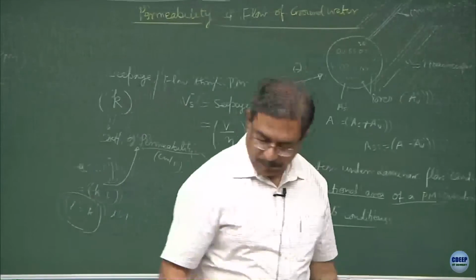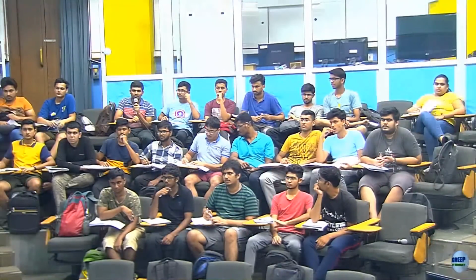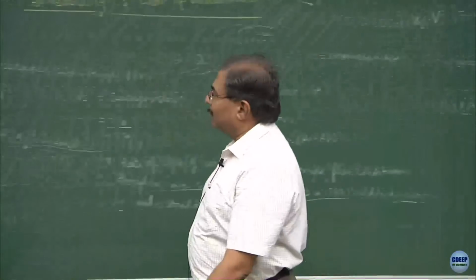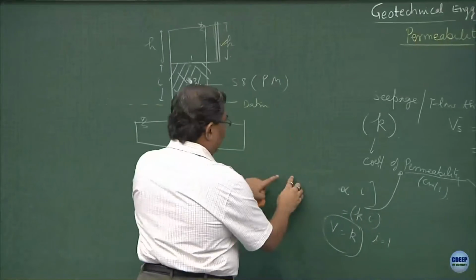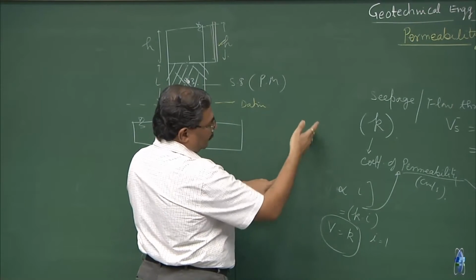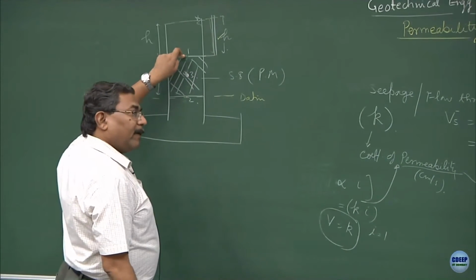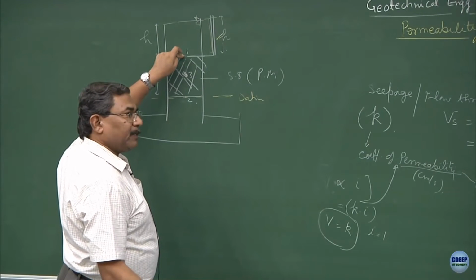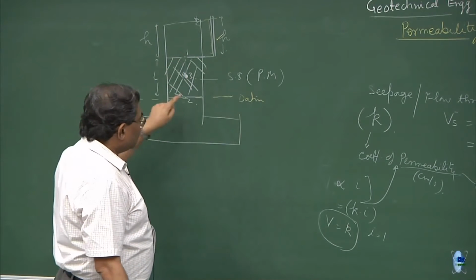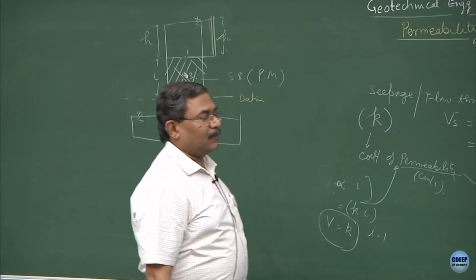Sir, I think without a piezometer we can't find the piezometric head at a point. How did you do it in these stratified deposits? You put a piezometric tube over here and then this is the height of the water column, which is matching with the phreatic surface, and this was the total pore water pressure. So, this pressure head which we are finding out is nothing but a sort of pore water pressure, because if I multiply this by gamma W, this becomes the pore water pressure at this point. Pore water pressure at this point is not known, so we have to compute it.